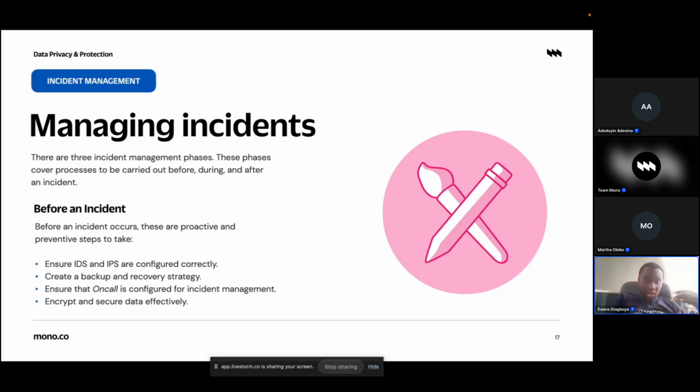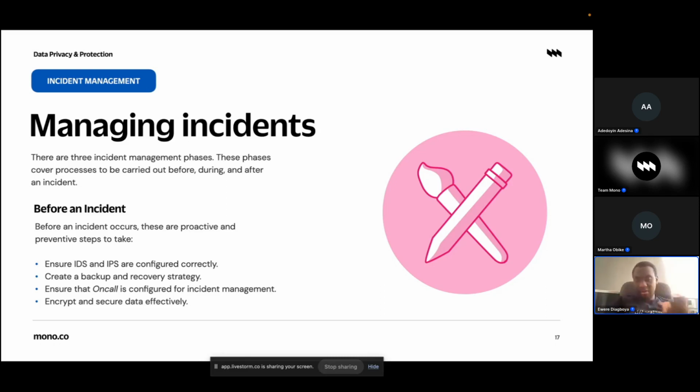So when you have that, you also need to make sure you have a recovery strategy. One of the basic things I will mention about recovery strategy is, if you are on the cloud and you are backing up data, when you are recovering that data, you should not recover the data in the same environment you backed it up from.